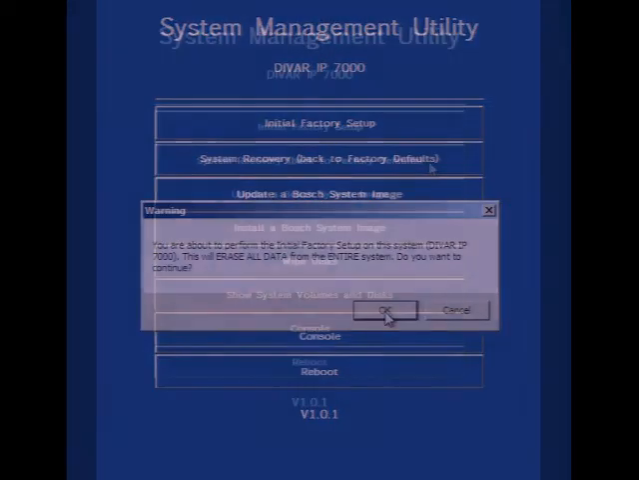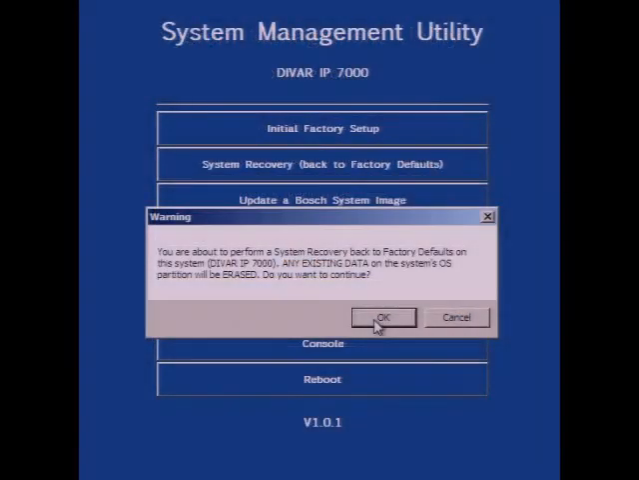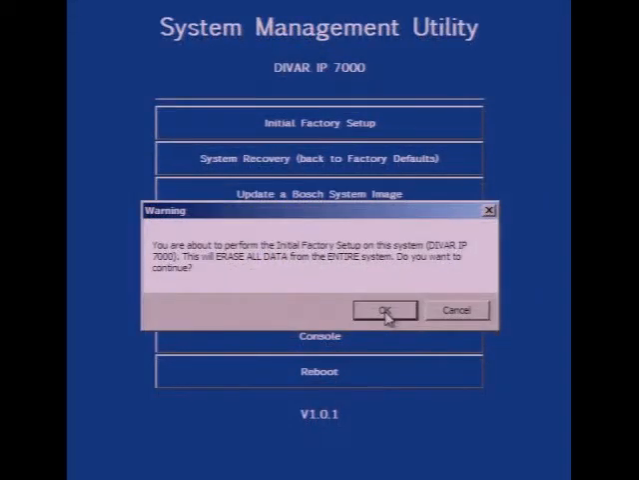The second valid option that you have from the System Management utility is System Recovery Back to Factory Defaults. Selecting this option will overwrite the OS on the SSD, but it will leave any video files that are on your RAID array intact. In this tutorial, we're going to choose Initial Factory Setup, and we're going to select OK